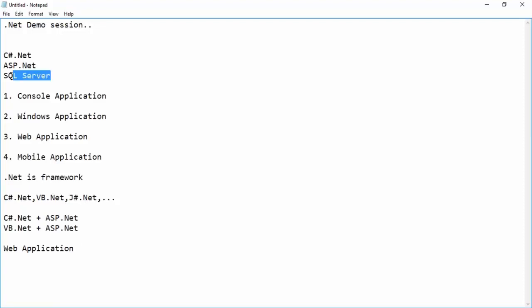And SQL Server is required. Why it is required is, it is a database. Whenever you want to frequently use an application or a website, like the social networking websites we are using nowadays, Facebook, Gmail, Twitter, whatever it is. Today you have registered into that social networking site, and tomorrow you want to log into the same website.